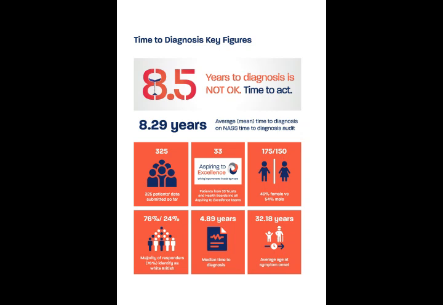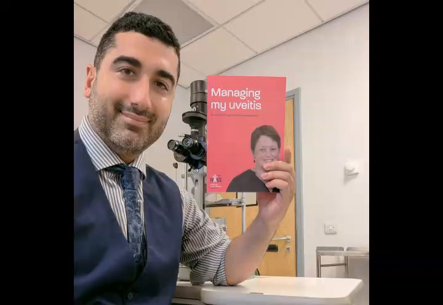Uveitis effectively means inflammation of the eye, and the patients will come in with redness, with pain, with sensitivity to light, which is called photophobia, sometimes with floaters if the inflammatory cells spill into the middle of the eye, and sometimes with headaches or eye strain. There are other eye conditions which can have some of those features, but it really does need a good history and examination to be able to diagnose it.